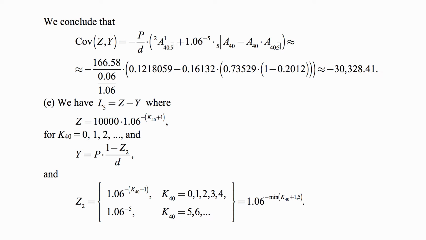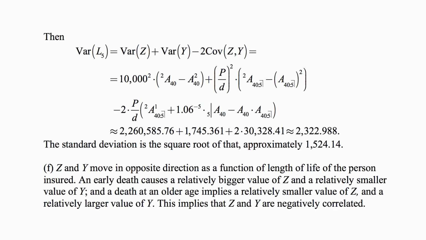For part E, we have L5 equal to Z minus Y, where Z is 10,000 times 1.06 to the minus (K40 plus 1), for K equals 0, 1, 2, and so on. And Y is equal to P times (1 minus Z2) over D, where Z2 is, again, defined as the present value of the death benefit for this 5-year endowment policy. Therefore, the variance of L5 is the variance of Z plus the variance of Y minus 2 times the covariance of Z and Y,